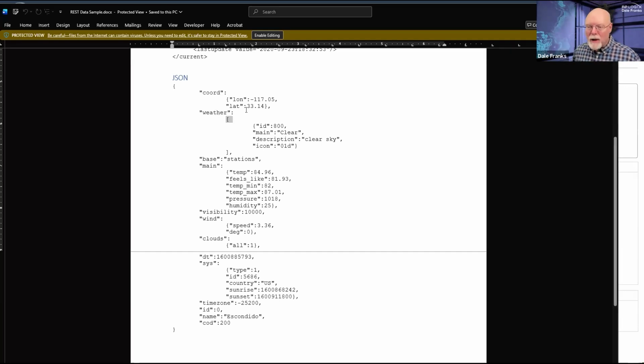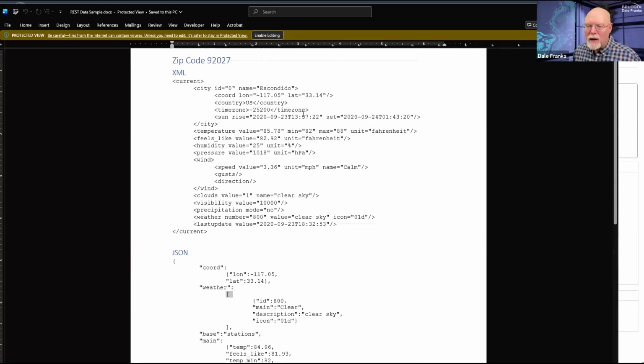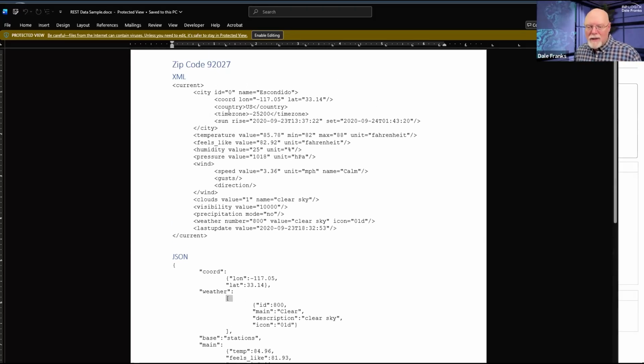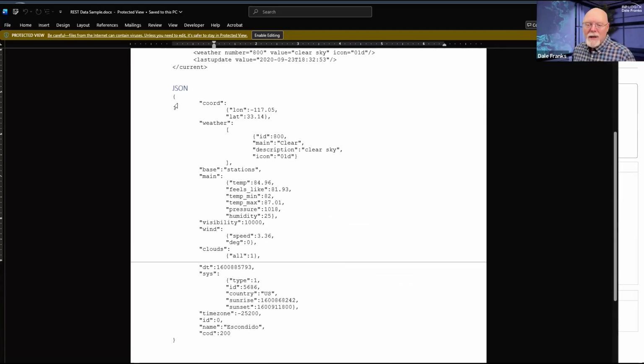So in XML, you would have slashes between all of these different XML tags. Here I have dots. So $.weather... There's my first dot. It's curly, a square bracket. And there's my second dot, a curly bracket, dot, dot.